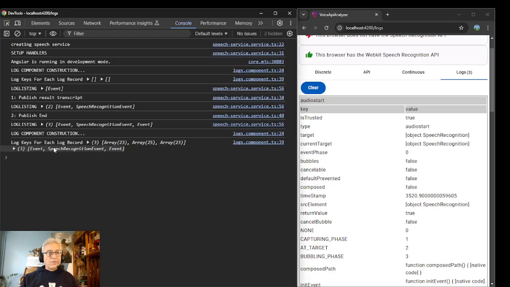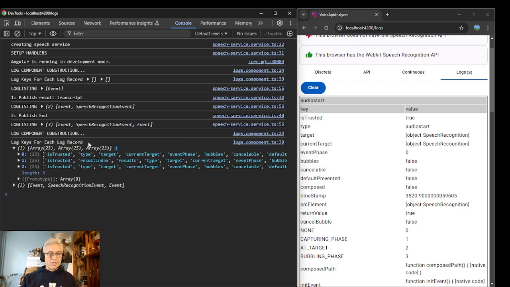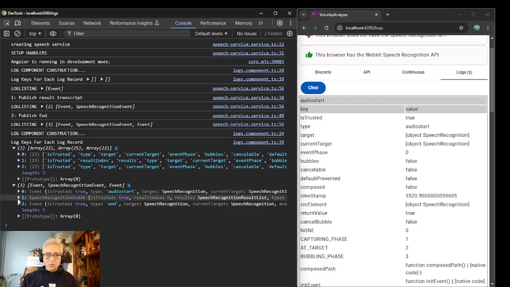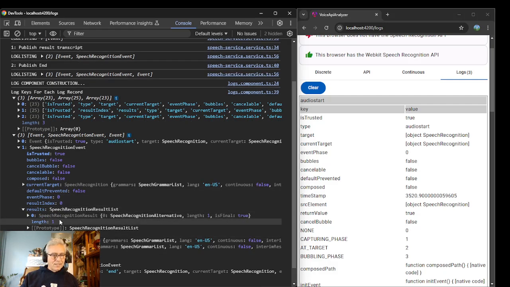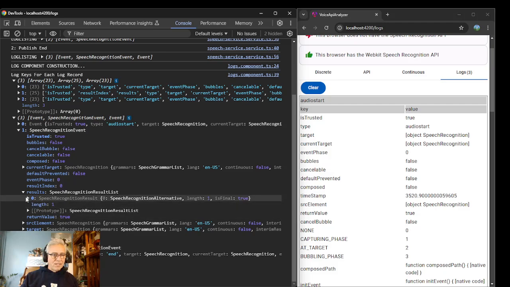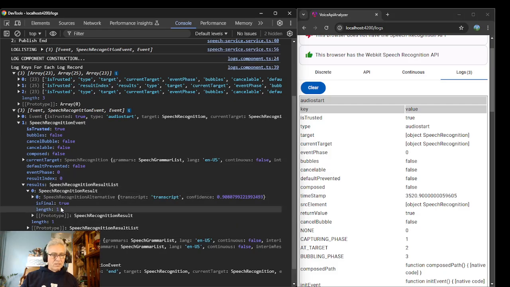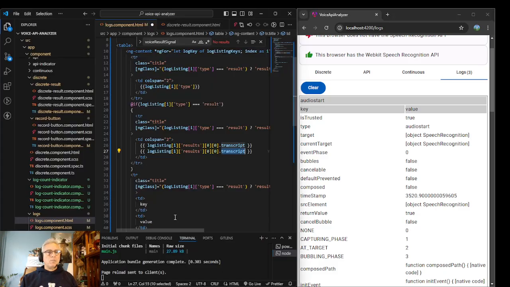You know, you don't always get what you want. Right? That's just the reality of life, unfortunately. And I don't understand why I'm not getting my, like the JSON stringify thing is not breaking that down and showing me it in JSON. So confidence is the other one. So let's go back. But, you know, you gotta make do with what you get.